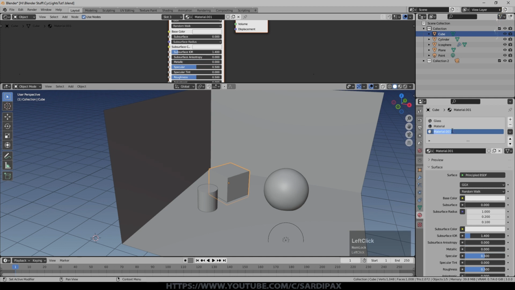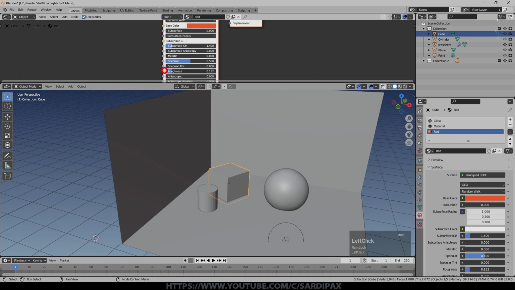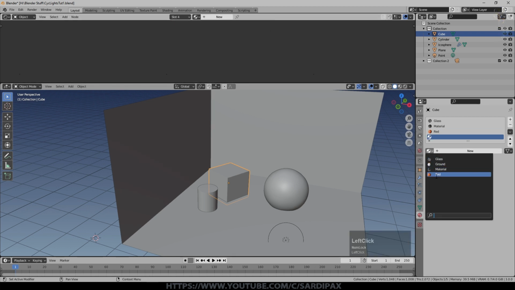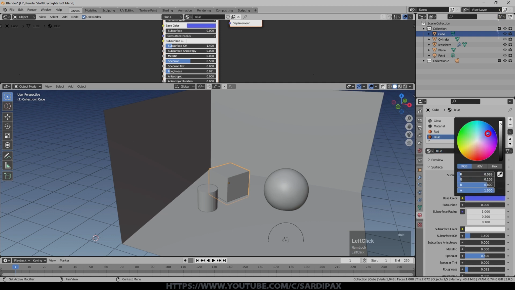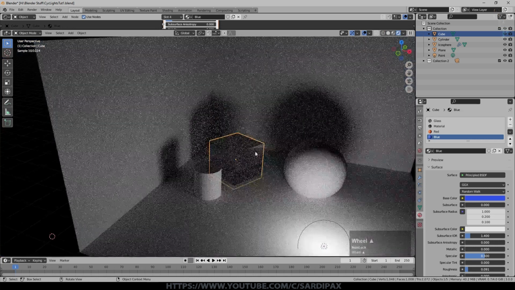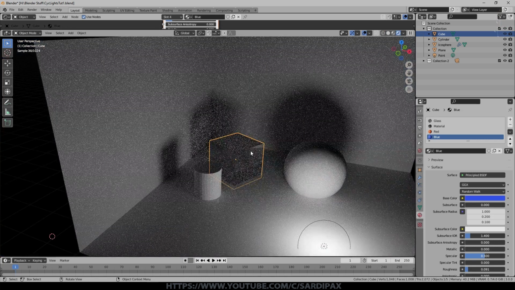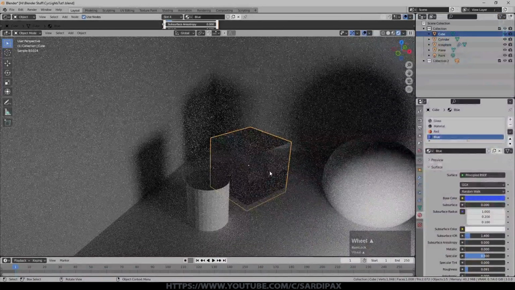And we'll just call this one red, and we'll make that a diffuse material with a bit of shininess on it without being completely reflective. And perhaps we'll make a copy of that, make it unique, and call that blue, and obviously make it blue. So we'll come back to the rendered view, and you can see we've got our glass material, and you may notice it's actually a little bit slower to render now because it's having to work quite hard with this material.